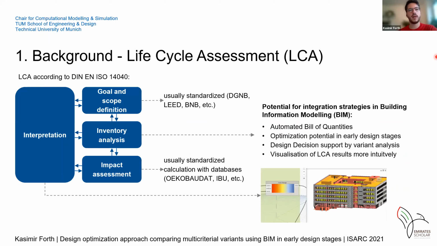For the multi-criterial variant analysis, I first focused on life cycle assessment, so on environmental impacts of buildings, especially on embodied carbon, so on the global warming potential of embodied materials. And due to the norms, life cycle assessment, as a short introduction, has four parts: goal and scope definition, which is usually standardized by norms or green building certification systems. We have an impact assessment, which usually has standardized databases. In my case, as I'm from Germany, we have a public